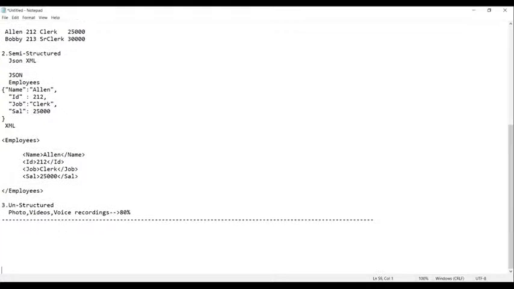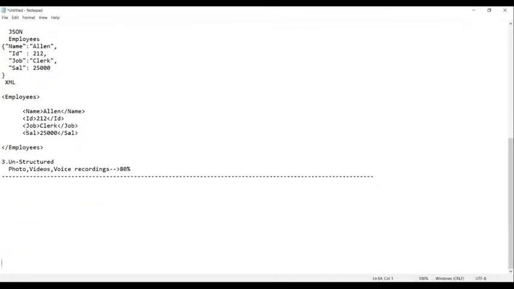We have the following storages in Azure. The following are the storages in Azure.